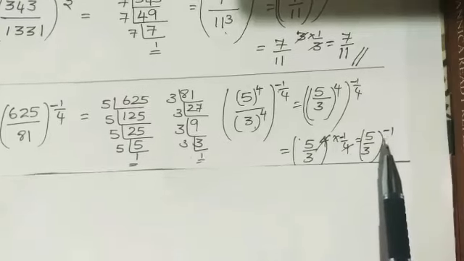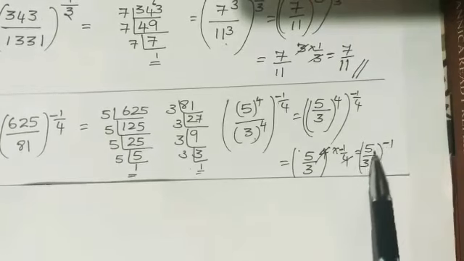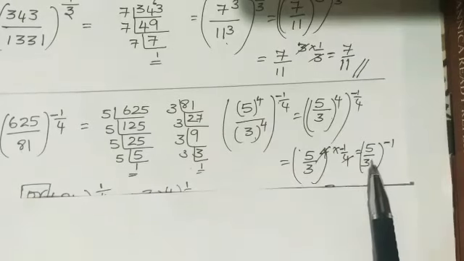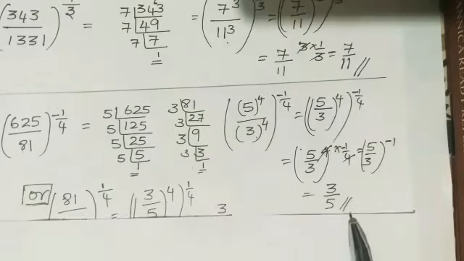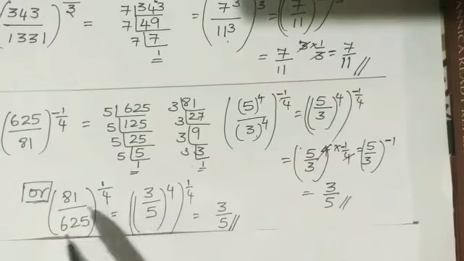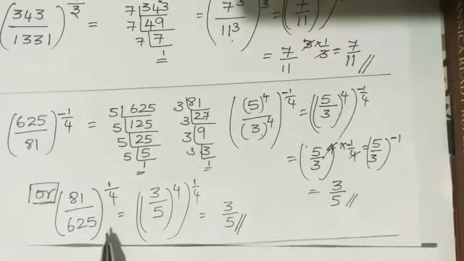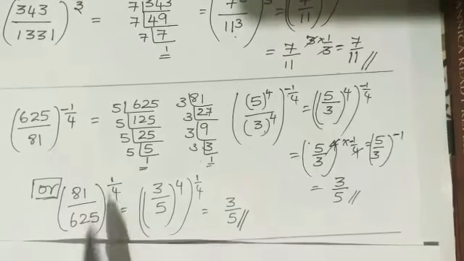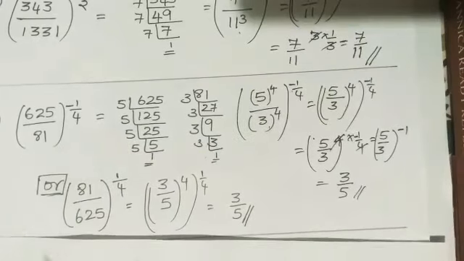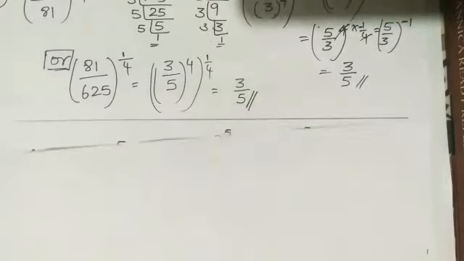You can see that here we have a negative exponent, isn't it? So to remove the negative, just take the reciprocal of the base. It will be 3 by 5 raised to the power 1, which is 3 by 5. You can also do it another way. You can first change the negative sign by taking the reciprocal first itself. See, I have changed this, and this is another method. 81 by 625 gives you a positive exponent here. You can remove the negative sign by taking the reciprocal first itself, and you will get the same answer as well. So let us go to the third problem.